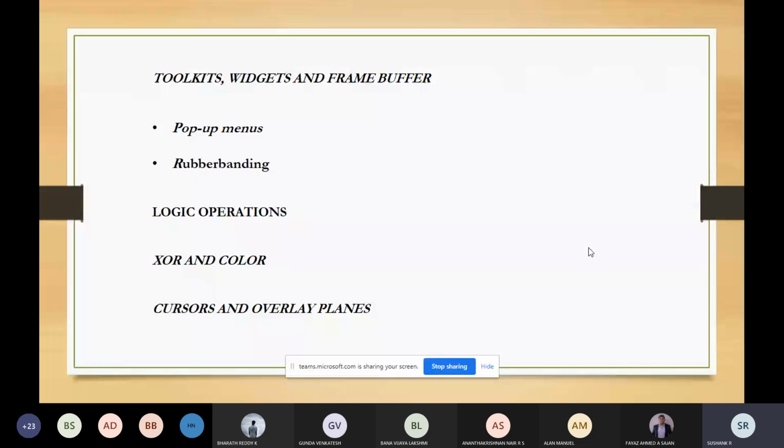See, the usage of rubber banding will put a burden on the graphical systems, where the display has to be updated constantly. Because of this rubber banding, there is a significant burden on the graphical systems because all the display has to be updated continuously.